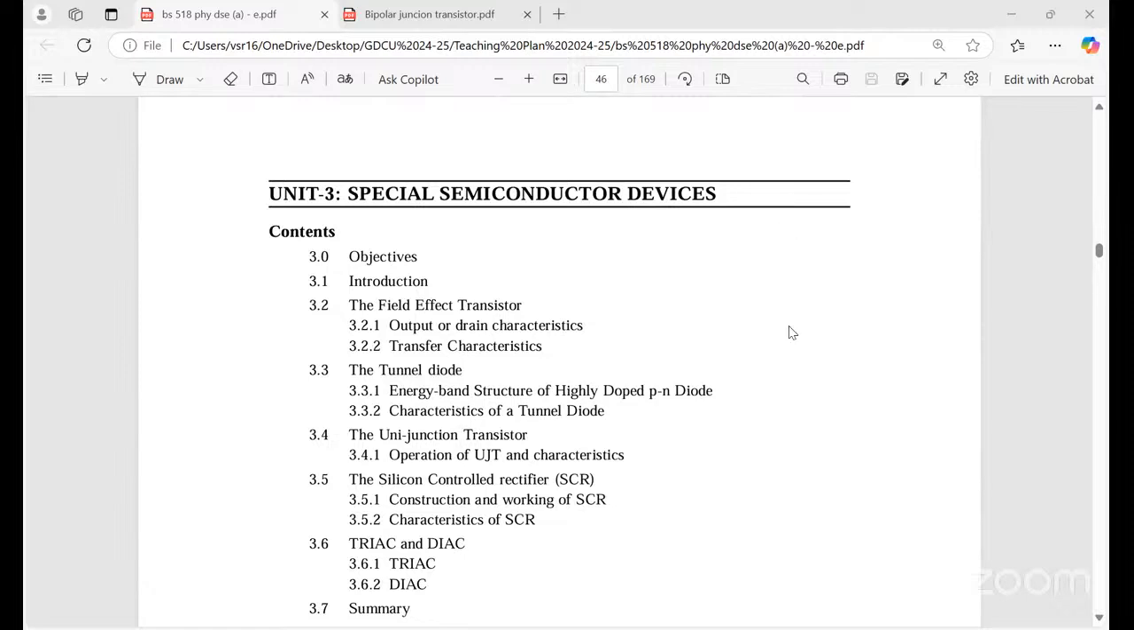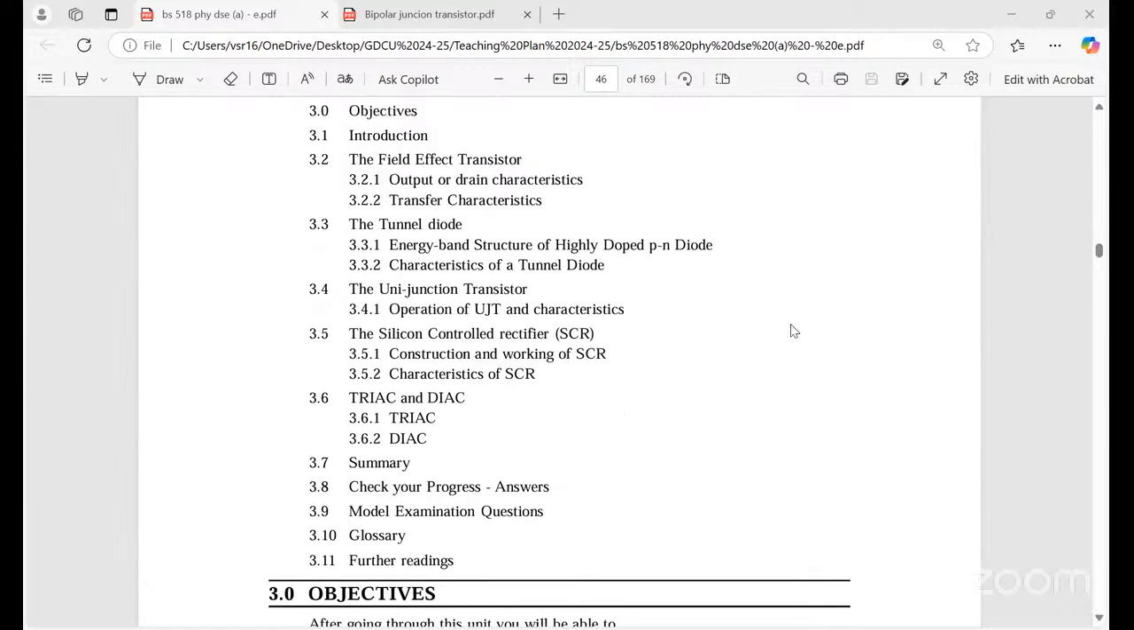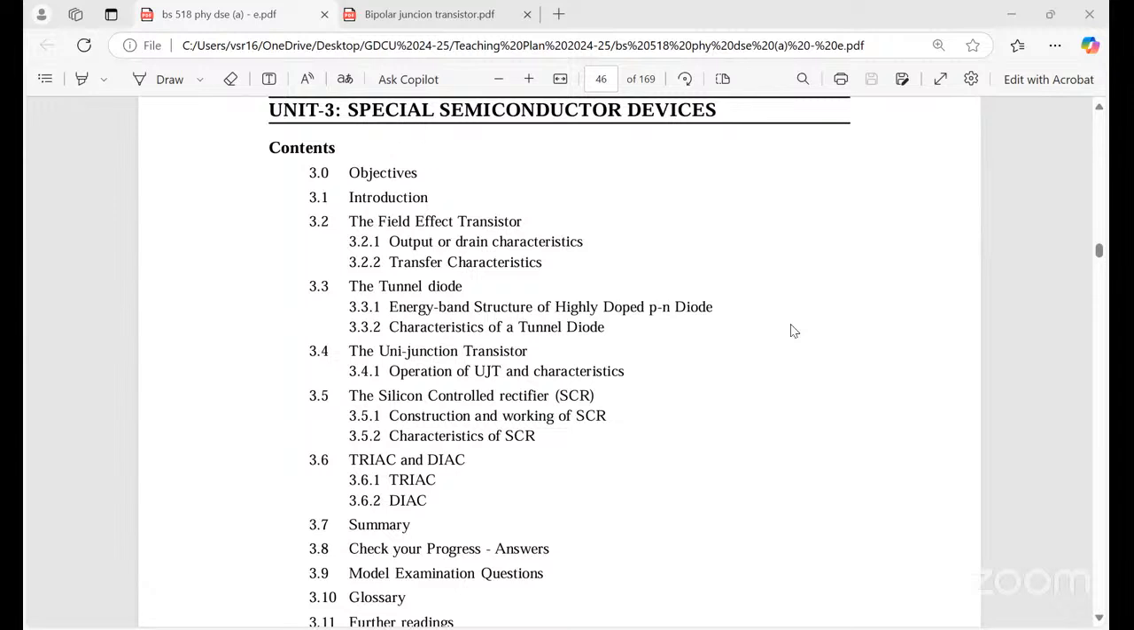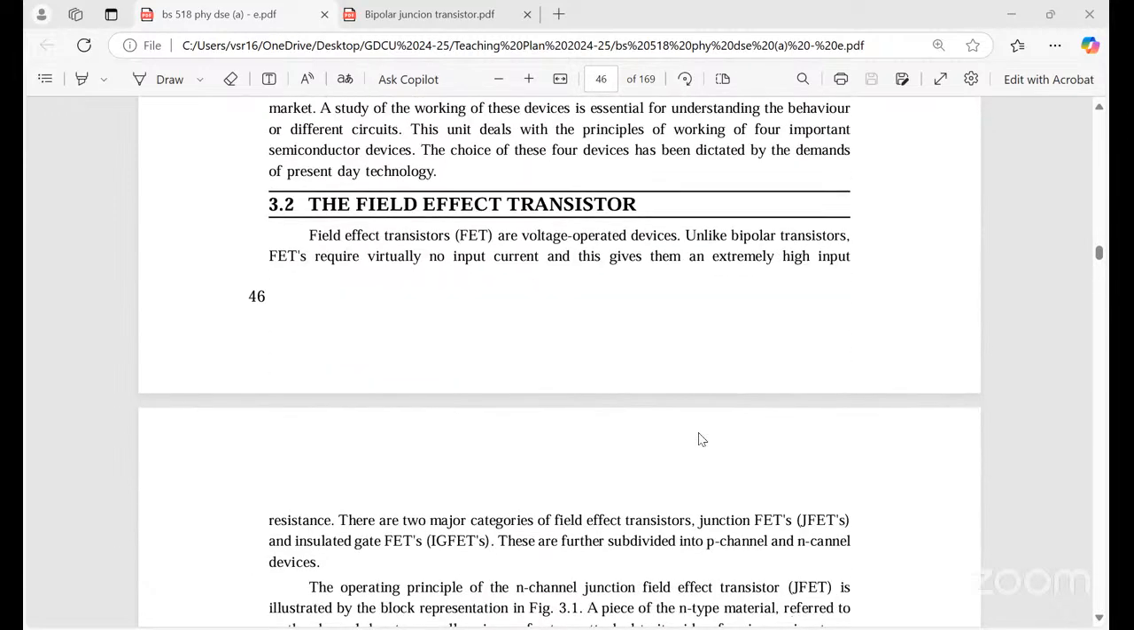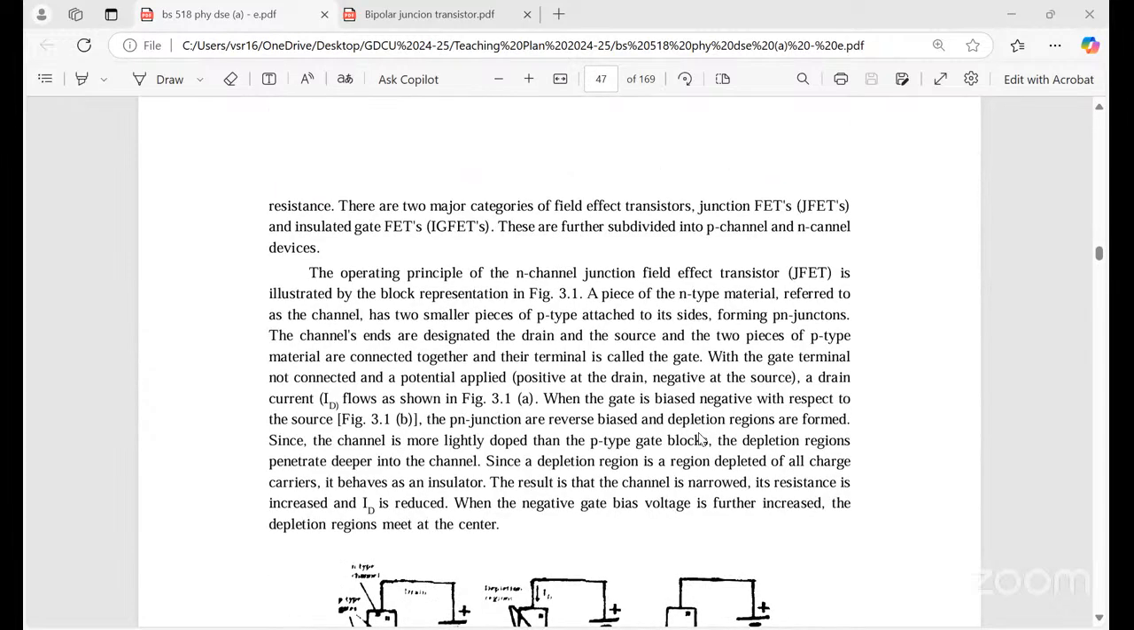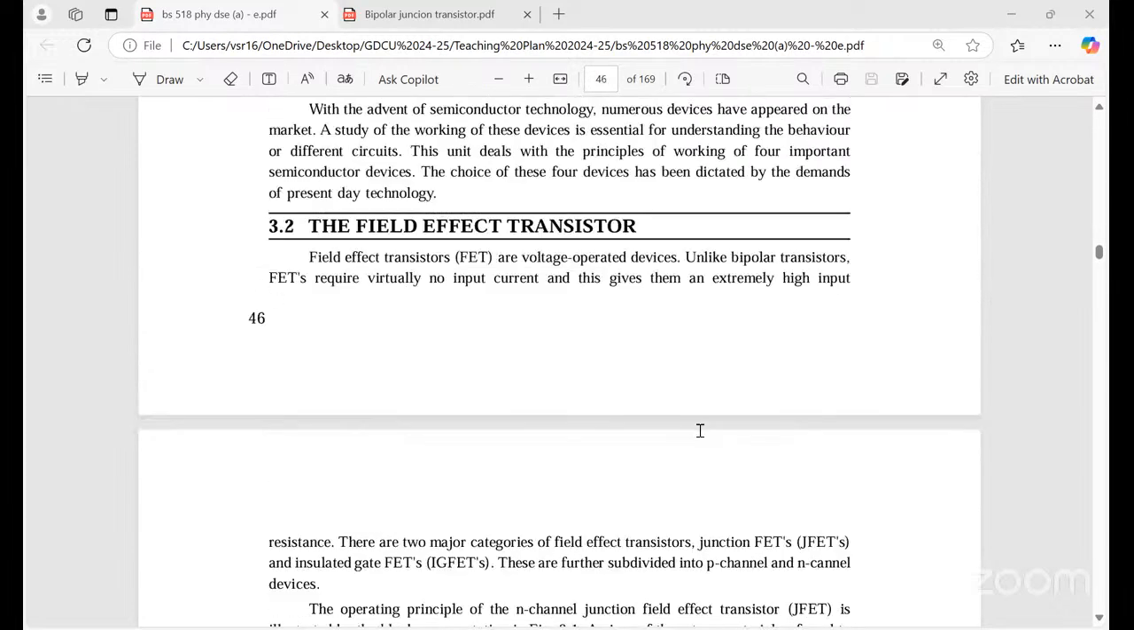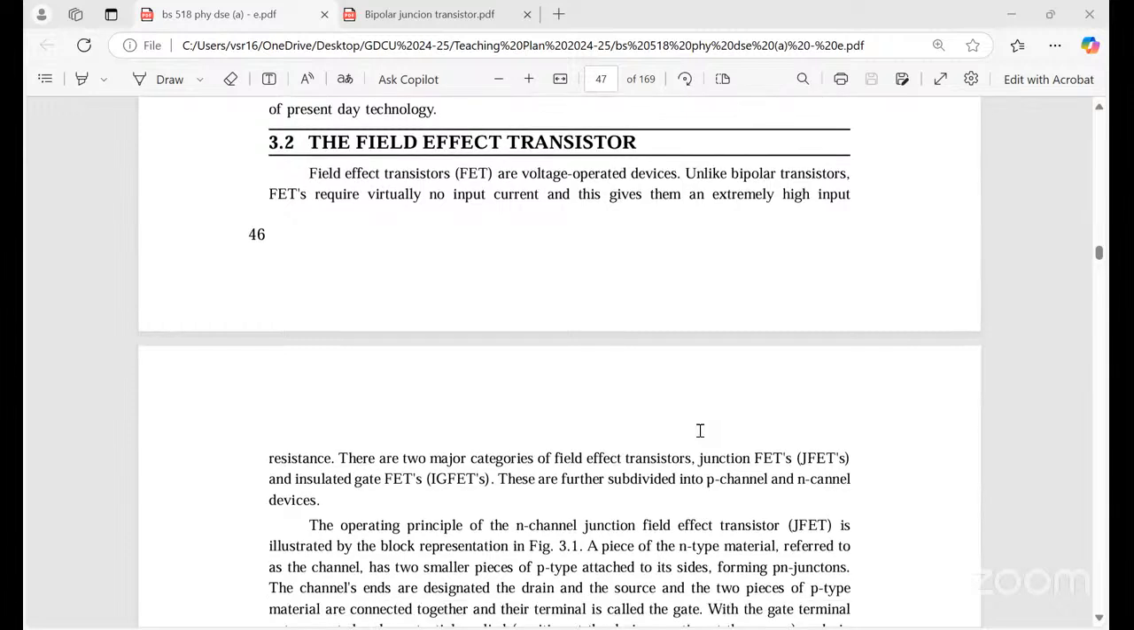Special semiconductor devices. Here the FET, field effect transistor, tunnel diode, UJT, unijunction transistor, and SCR, silicon controlled rectifier, are there, along with TRIAC and DIAC. First, the field effect transistor. So the FET, which is a field effect transistor,